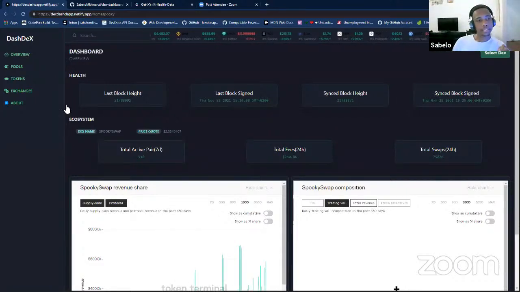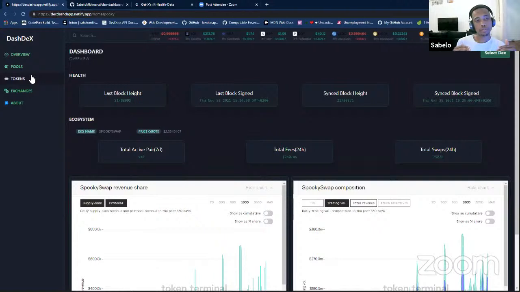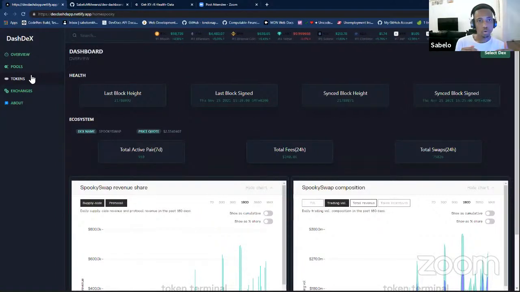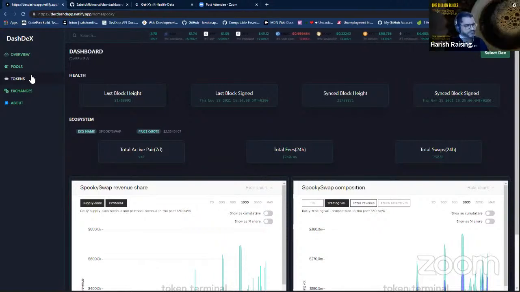What I did was build different components for different DEXes. So if we happen to add more, we will have to build another component for that DEX. From the API where we are routing it, we have to add another file for that DEX. I didn't use a config file, I just built it on components to make it easier to edit.